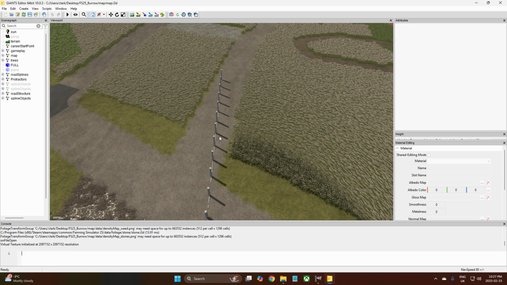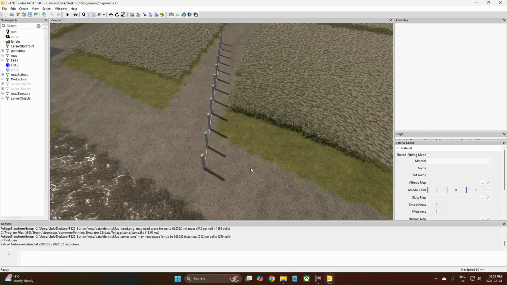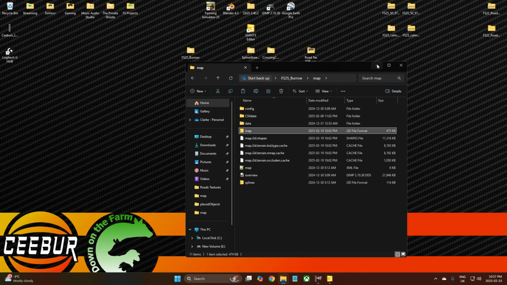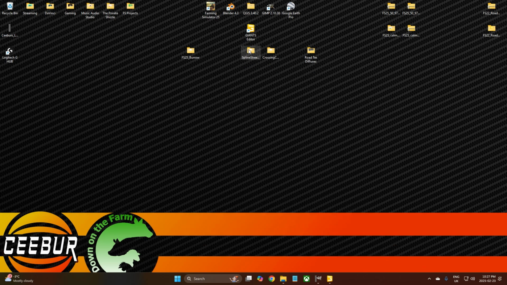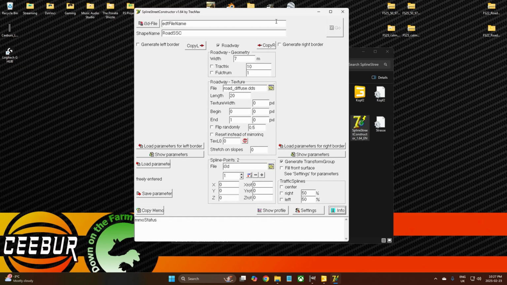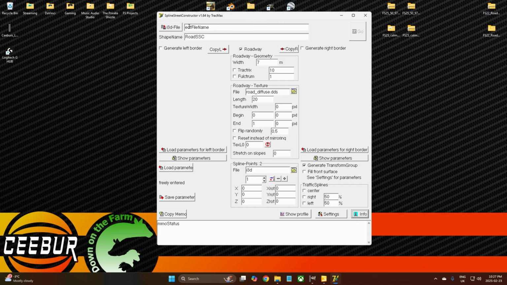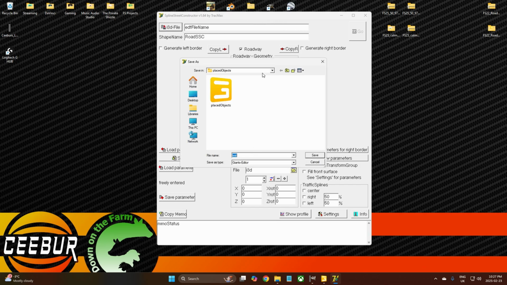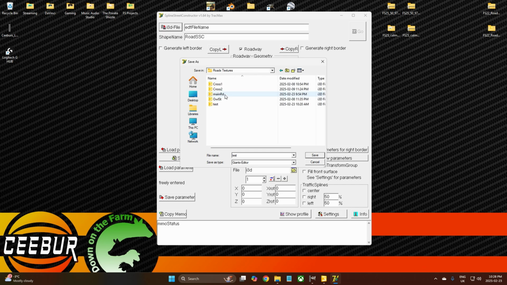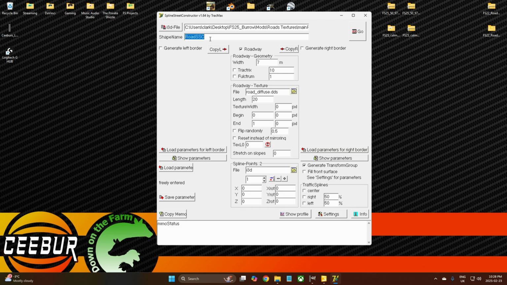Okay, right. So I have here a spline that I've created already just for this tutorial purpose. It's a nothing spline. It's very short. It all works. I've tested it, so I'm happy. So we'll just minimize that for now, and then we come into Street Spline Constructor, get that opened up, bring you over here, we can close that down, and then we want to, as you should already know, come in here, set this up, so we go mods, road textures, and then we'll just do it as main road for now. Save, we'll call it